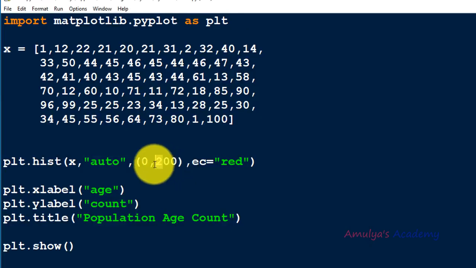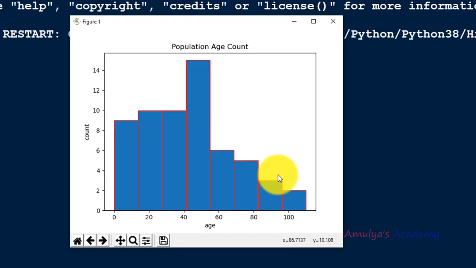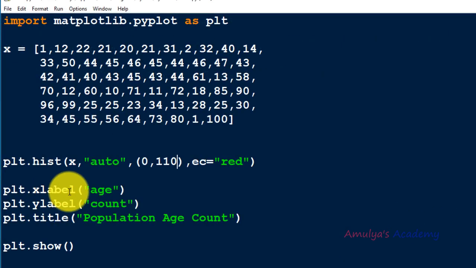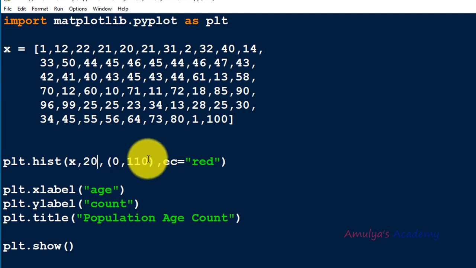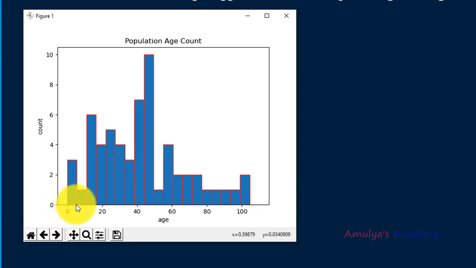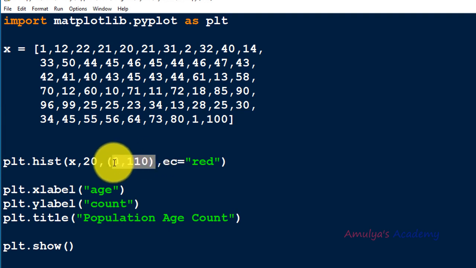Lower and upper limit of the bins, if I take 110, here we can see. If I take, for example, bin as 20, and here I'll take it is from 0 to 110. It will take till 110. What it will do is, it will take from 0 to 110, then it will give 20 equal width bins from that. Here when I didn't mention the range,